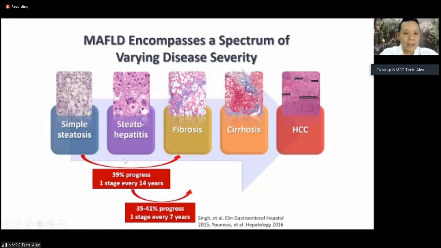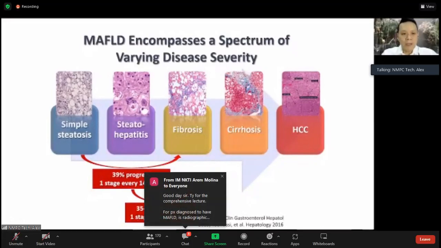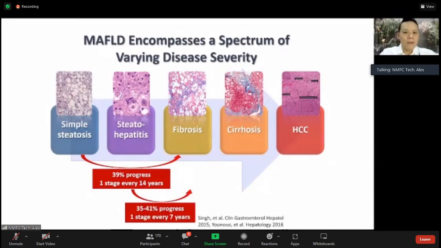But the main difference really is the speed of progression. You can see here that for steatohepatitis, the progression by one stage of fibrosis is one stage every 7 years, while it's one stage every 14 years for simple steatosis. Okay, so even though when you look at the data, the probability is almost the same over time, the speed of progression is different. It's faster in patients with inflammation. And in a way, it really makes sense because as I mentioned, you need inflammation for fibrosis to be deposited